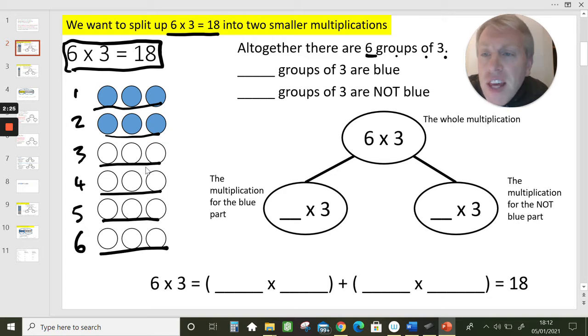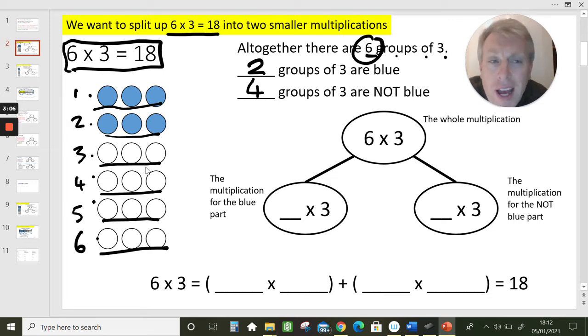But these groups of 3 have been split up already, because look, some of the groups of 3 are blue. So how many groups of 3 are blue? Well, it's 1, 2. 2 groups of 3 are blue. And how many are not blue? They're just white. Well, 1, 2, 3, 4. The others, look, 2 groups of 3 are blue. 4 groups of 3 are not blue. 2 groups and 4 groups makes the whole 6 groups of 3,